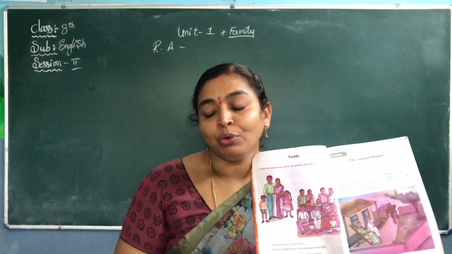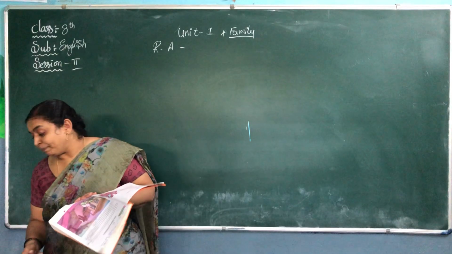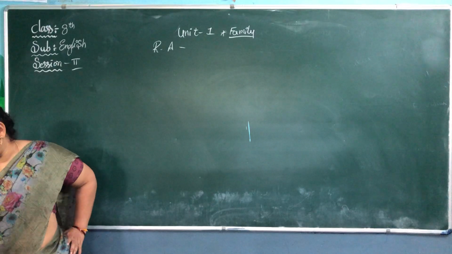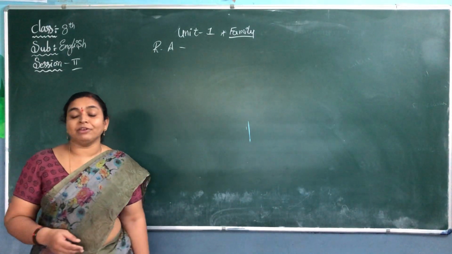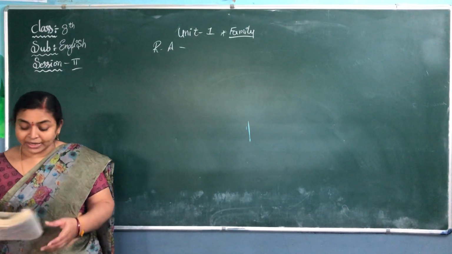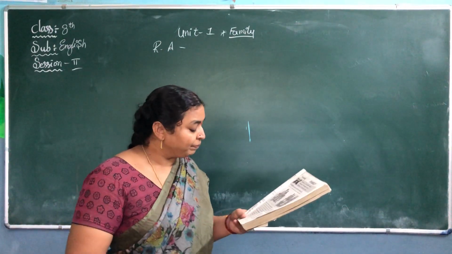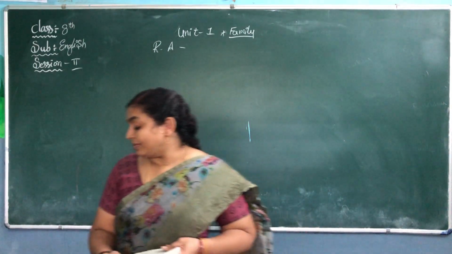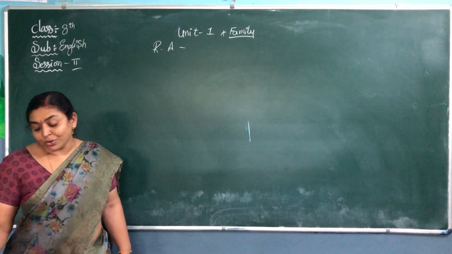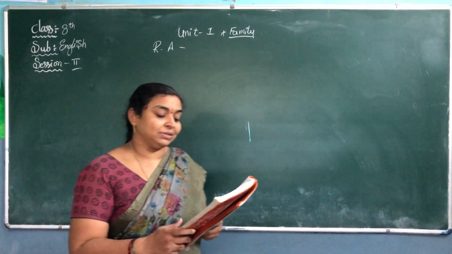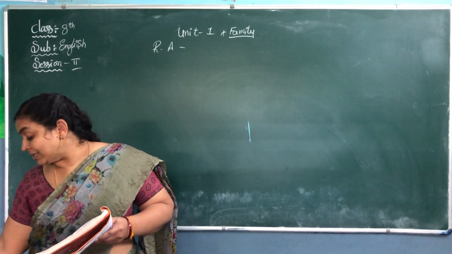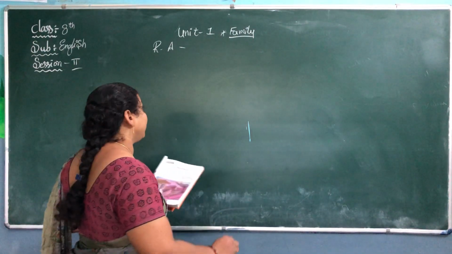So nowadays, what type of families do we find in our present day-to-day life or society? Mostly we can find nuclear families. Is it right, children? In our present society, we can find nuclear families. So based on this, today we are going to read a lesson written by Kamala Das. The name of the lesson itself is The Tattered Blanket. What is the name of the lesson?